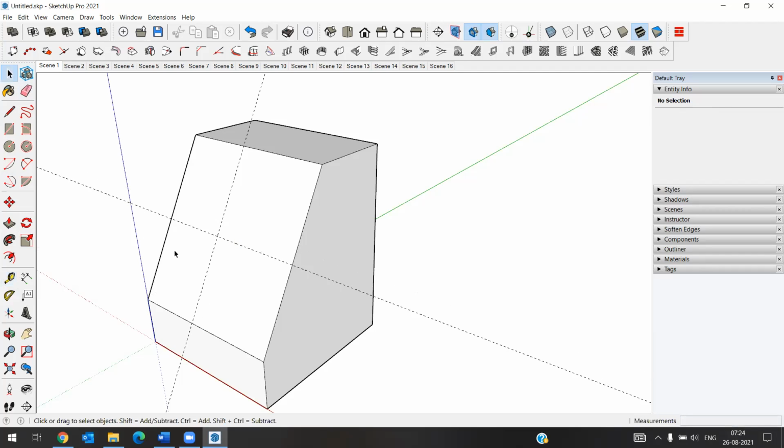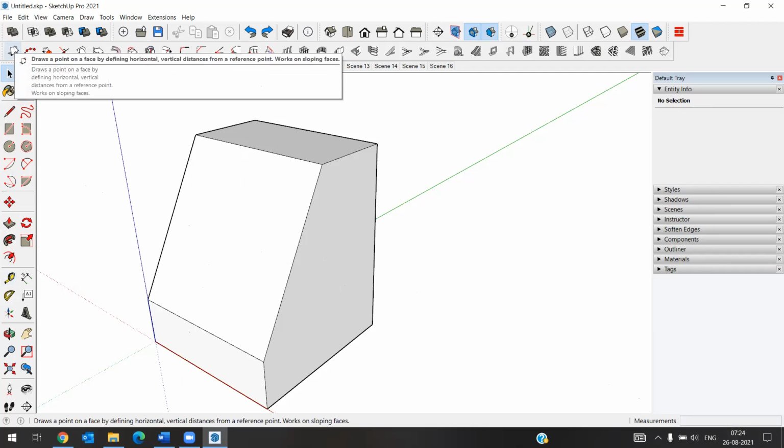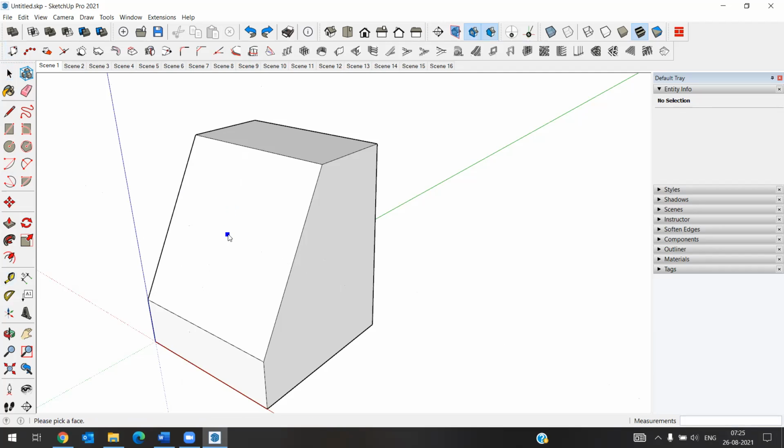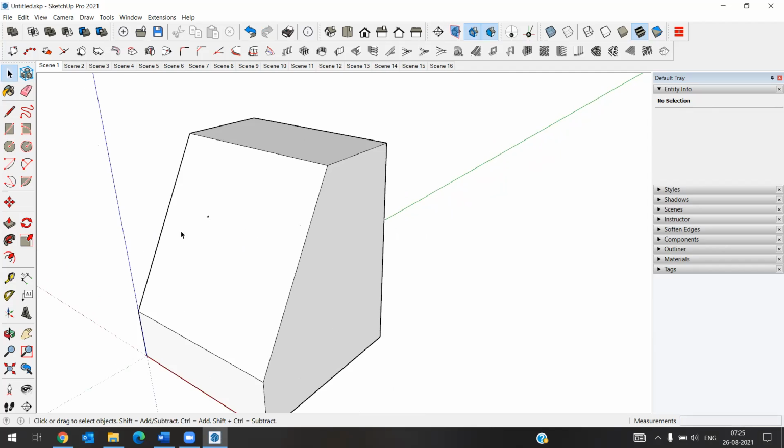So on this sloped surface also we are able to use this, it draws a point on this vertical surface. So you have to give 8 inches. Okay, you have to go in that particular direction, height. See here, it is going the same height. So 1 feet height we can give. In that way we will pick the reference point by using this first tool.